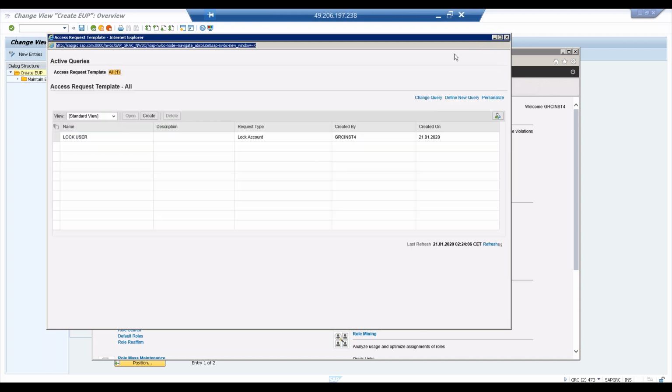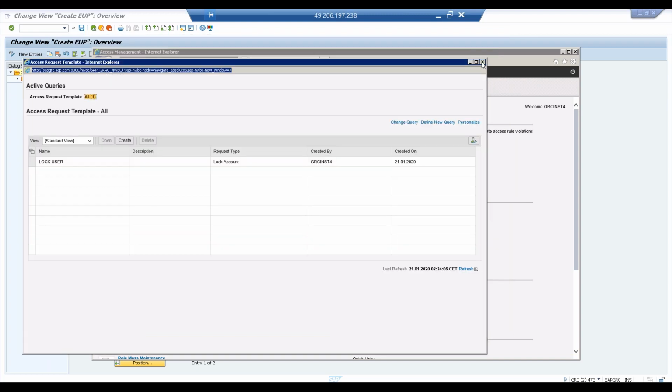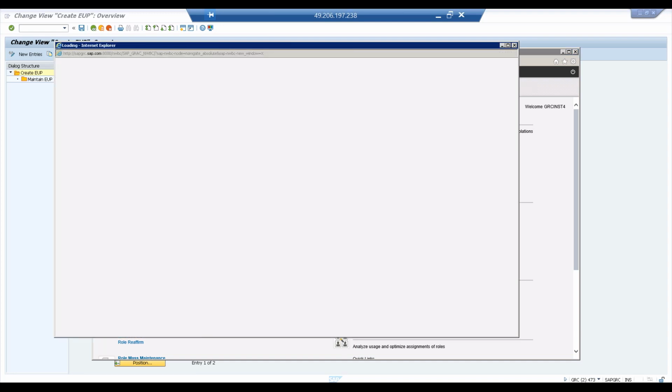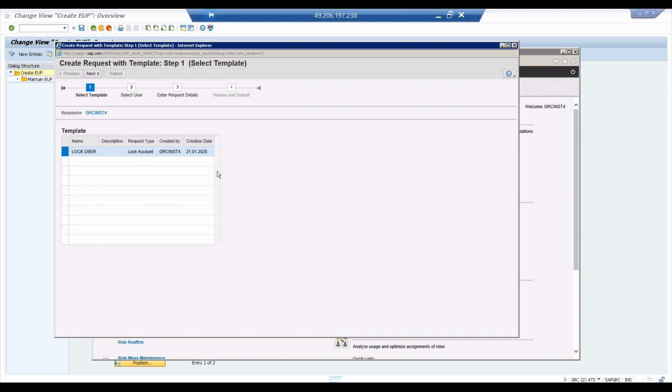Now you can see the template is saved. Instead of going to access request, I will go to template based request. If I click on template based request, I can see all the templates which I've created. Now I can see this template. Once I click on next now,